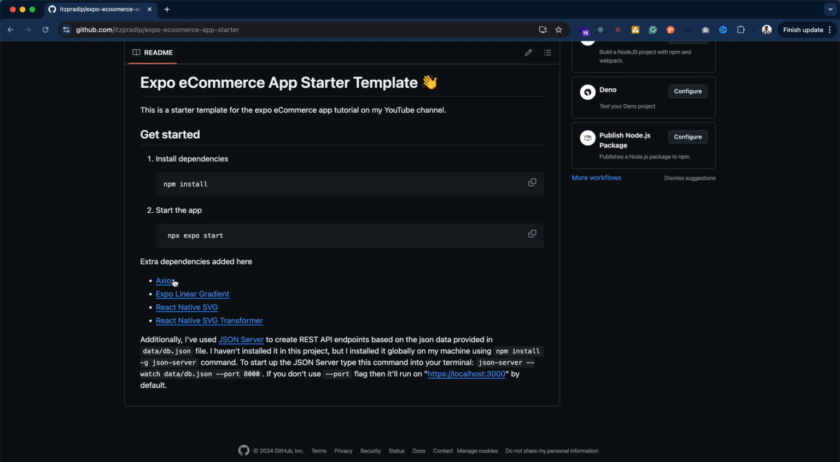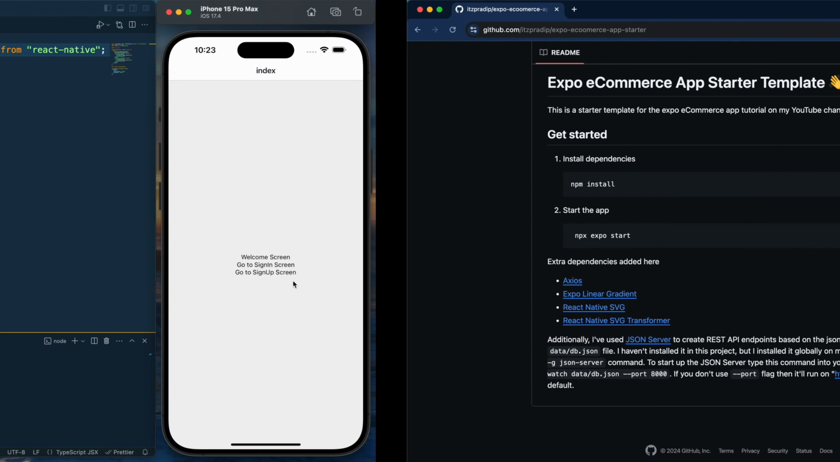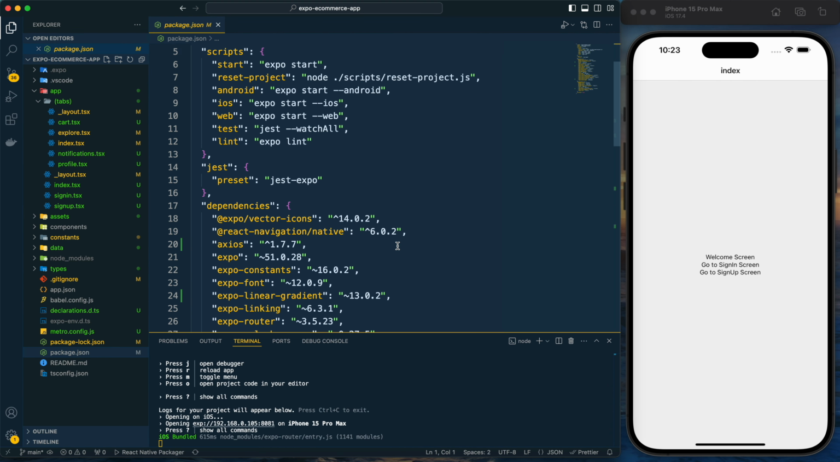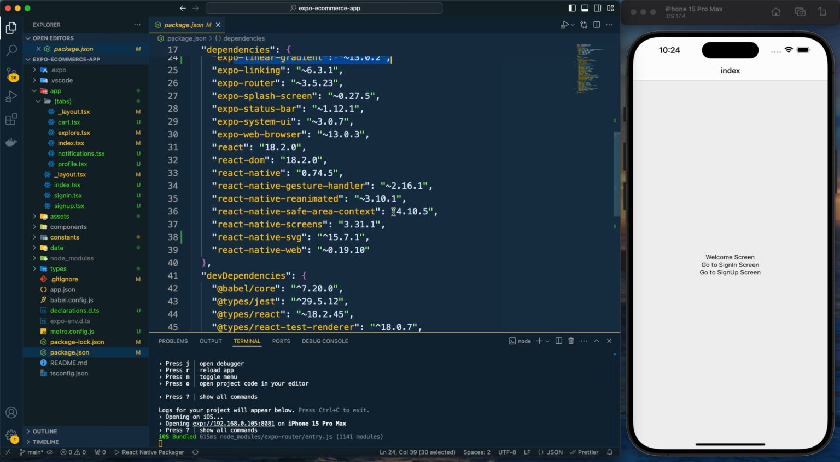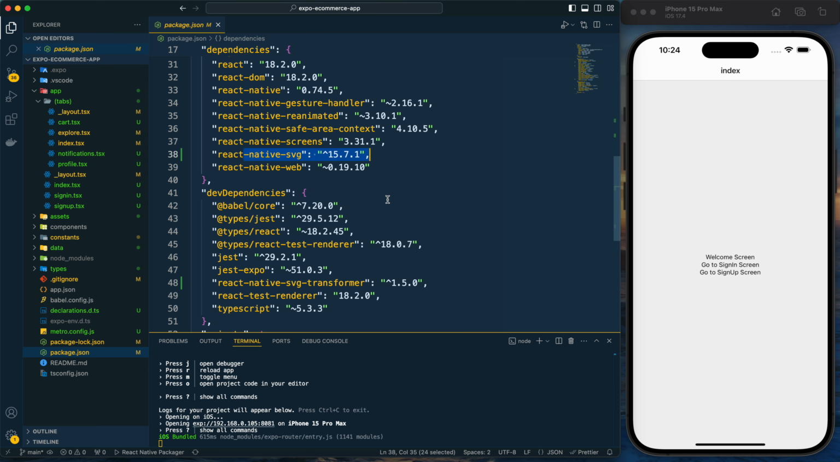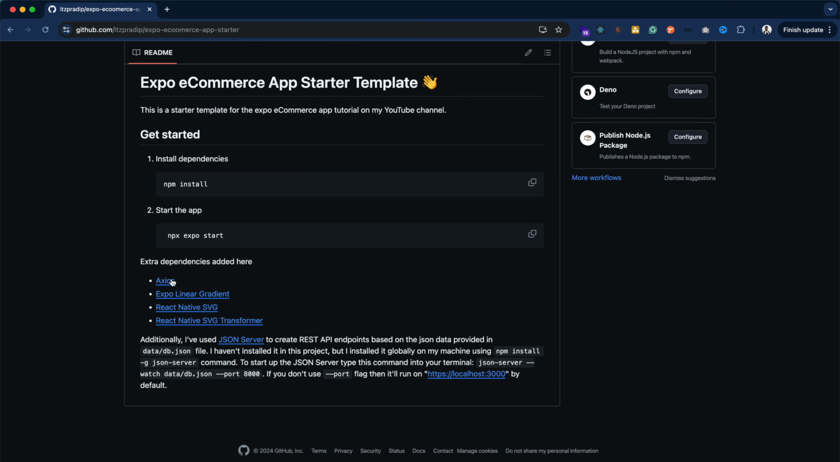And here I have mentioned the packages which I have added. So if we go to package.json, then we can see Axios I have added, expo linear gradient, and React Native SVG and this React Native SVG transformer. I have mentioned all these things over here, and also additionally I have used this JSON server to create REST